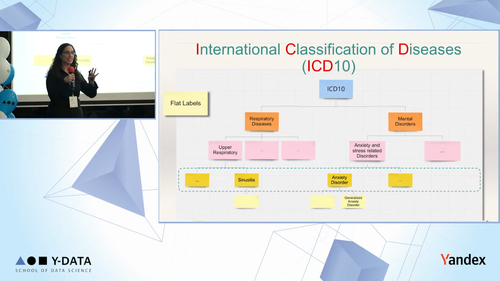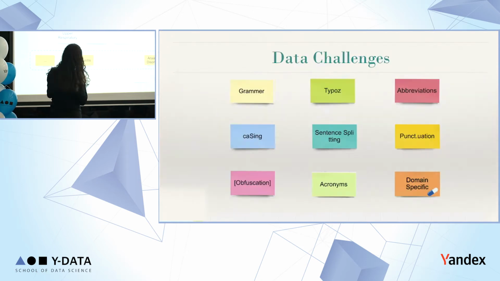For simplicity, let's imagine this is the tree. This is a small sample of a tree with just 4 levels, and we can see one branch with respiratory diseases and the second with mental disorders. For our first model, we're going to use what we call flat labels. The idea is we're going to cut the tree and choose a level, and we're going to predict that level. We're going to ignore the hierarchy, so we don't care what is above or below that level of the tree. That is our final flat labels. And this is a little oversimplified.